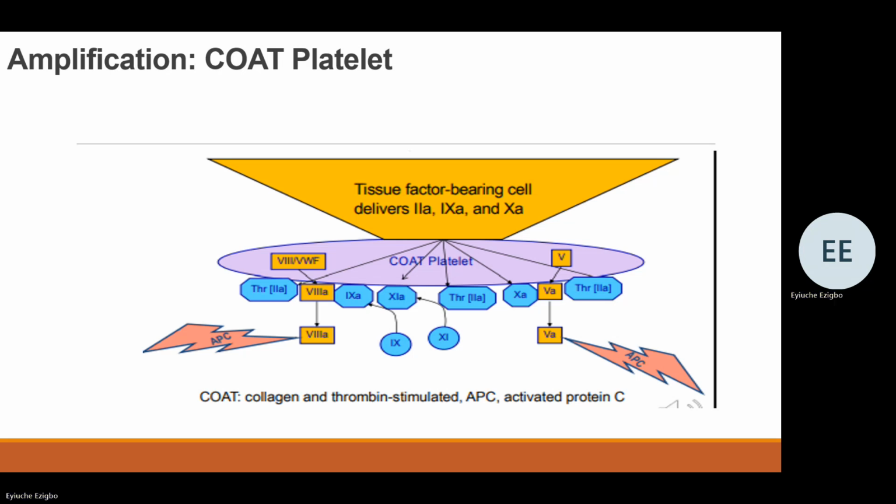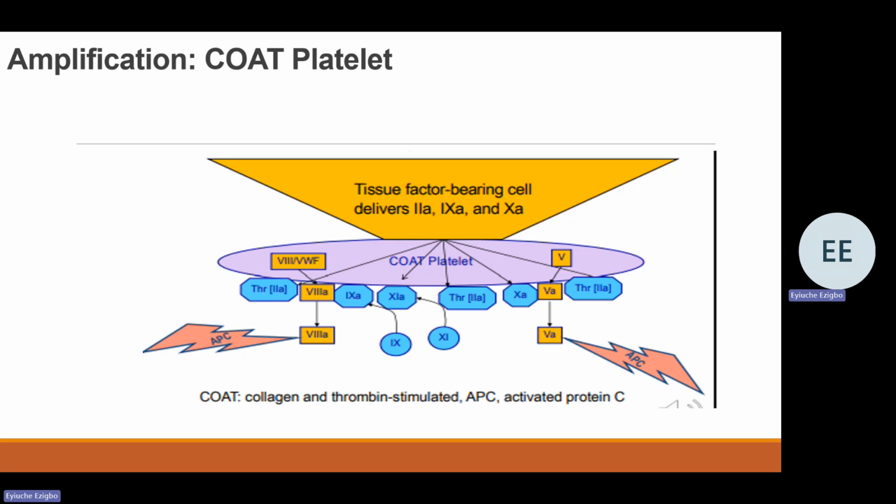As we said, the thrombin, in a direct handoff from the tissue factor-bearing cells from the initiation phase, escapes antithrombin. So the antithrombin that is meant to neutralize the thrombin at that initiation phase, somehow some thrombin escapes being neutralized by the antithrombin. So when they escape from the tissue factor-bearing cells and they bind nearby coat platelets, then this triggers the